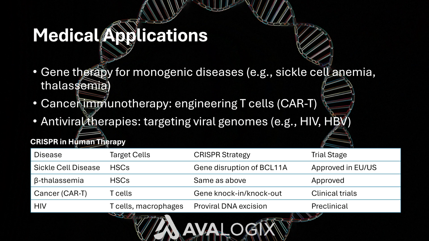Another exciting frontier is in antiviral therapy. Researchers are exploring CRISPR-Cas13 and Cas9-based systems to target latent viral genomes, such as HIV provirus in human cells or hepatitis B virus DNA in hepatocytes. Although delivery and off-target effects remain challenges, early studies suggest CRISPR could one day provide curative therapies for chronic viral